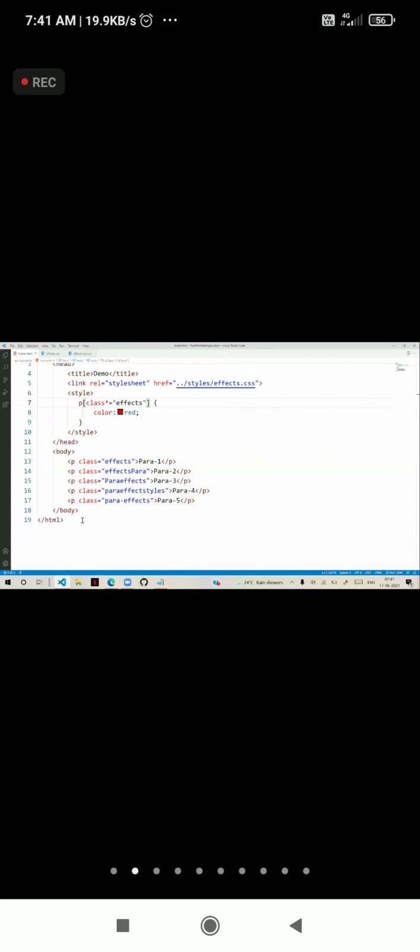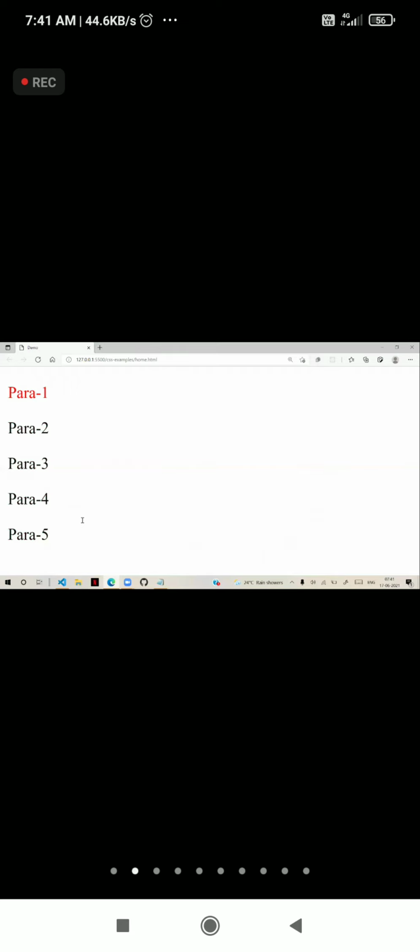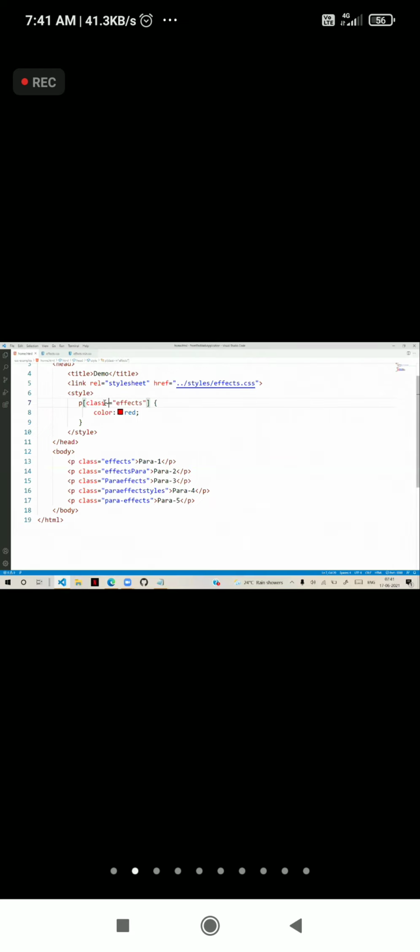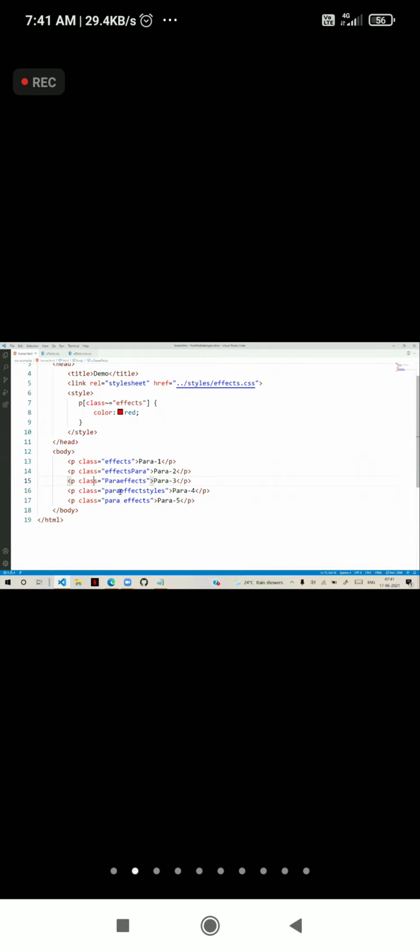And if I apply tilde, actually tilde is going to apply only to the first one. Generally, tilde is used for managing spaces. That means suppose para space effects like this I am having. Now tilde will apply for both of them. That means the exact match and which is having a space. So for that we have to use the tilde operator.